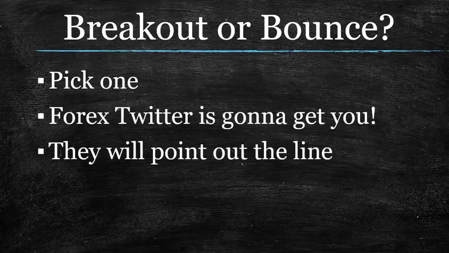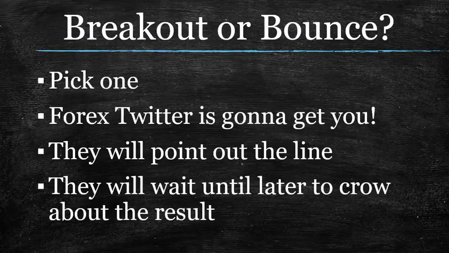They'll point out a line, but they won't commit to whether they think it's going to bounce off it or break through it. And then what happens is price will do one of two things. It's got to go up or it's got to go down. And they will wait till later to show you the result. They'll say, see, watch how price bounced off of this trend line. Or see, watch how price finally broke this trend line. It's a win-win for them because they always look smart. But it's often a lose-lose for you because it doesn't help you any. But so many of you trend line traders out there fall for this little trick every time.